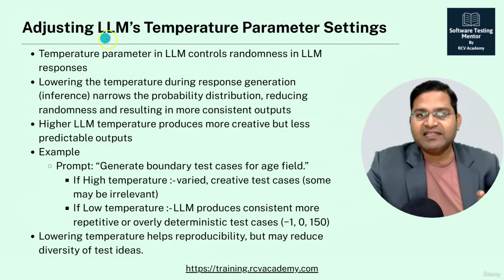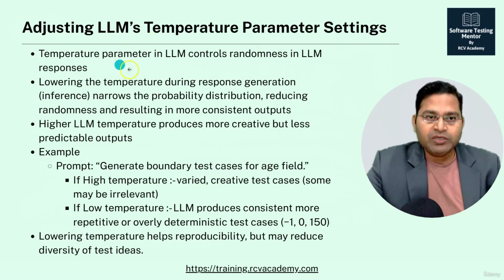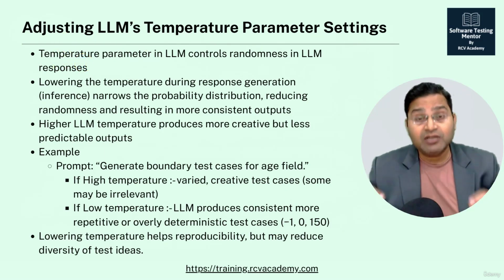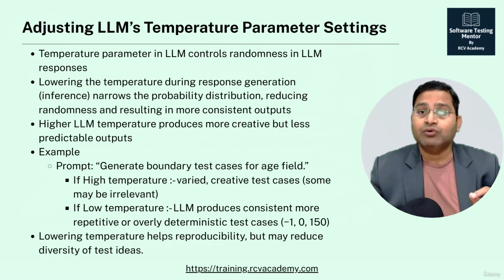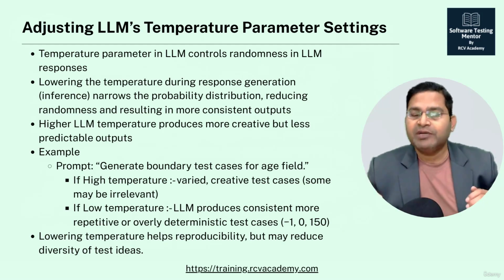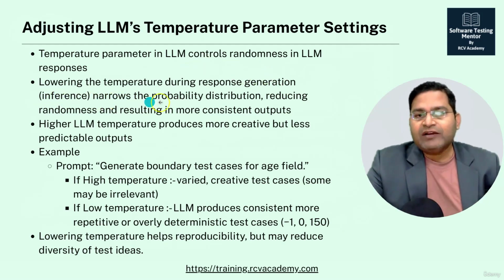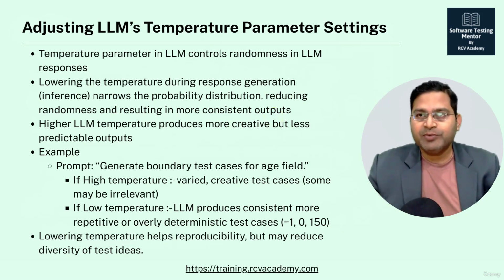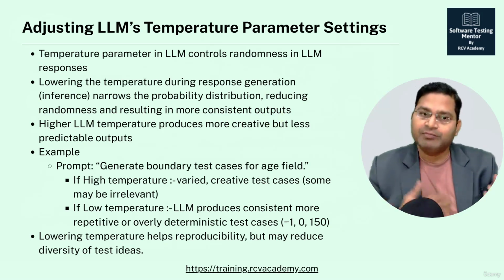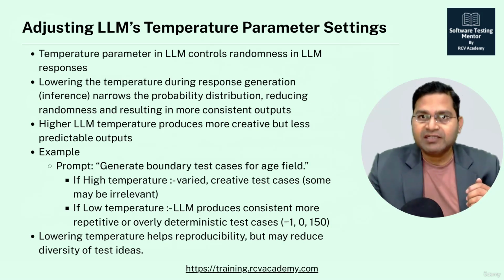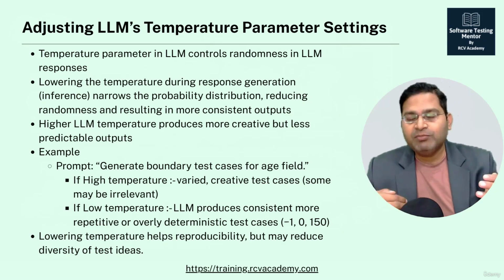First thing is adjusting the LLM's temperature parameter setting. In the large language model, you have this temperature parameter setting, which controls randomness in the LLM response. If you lower the temperature parameter during response generation, it narrows the probability distribution, reducing randomness and resulting in more consistent output. A higher LLM temperature produces more creative but less predictable outcomes. So this setting decides whether your output will be more consistent and more probabilistic, or more creative